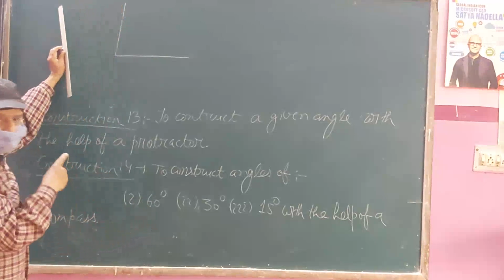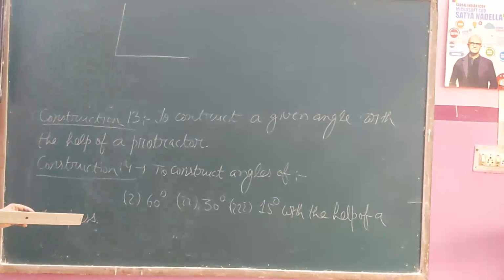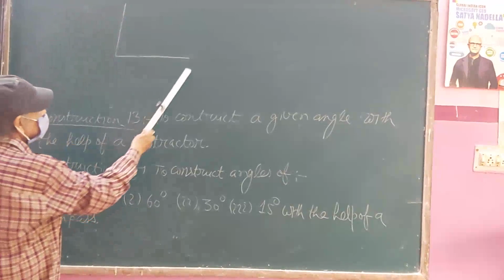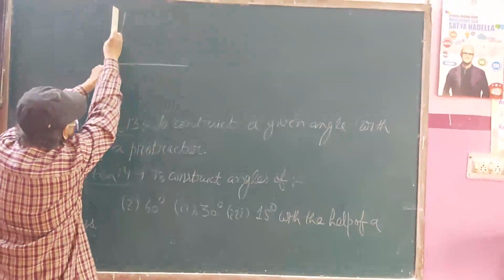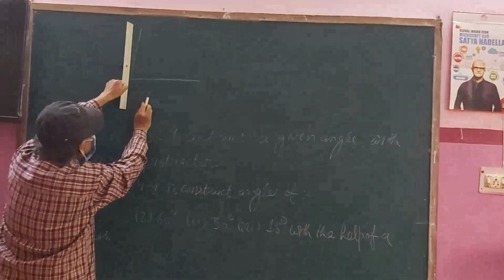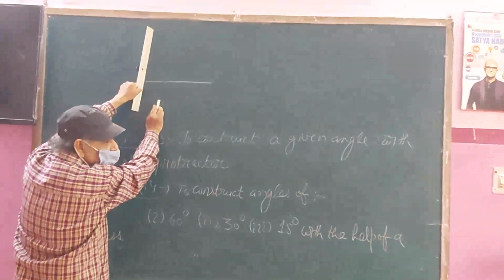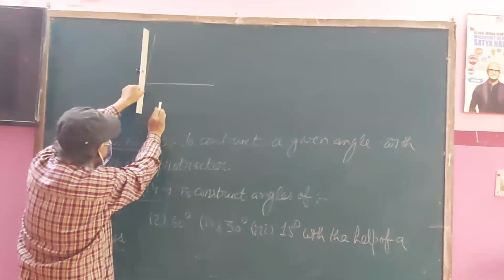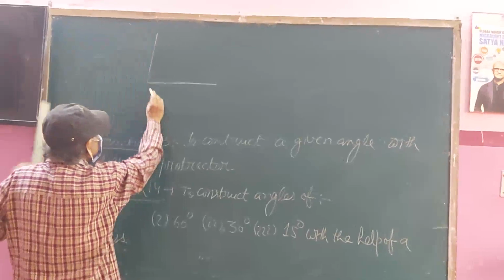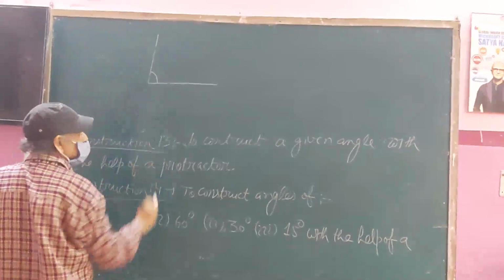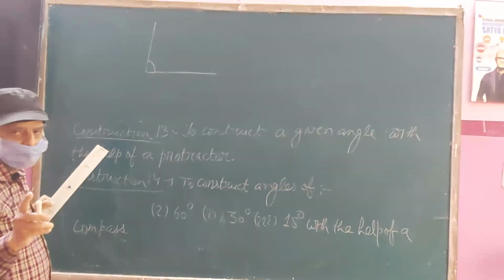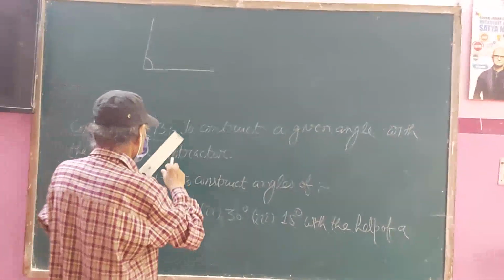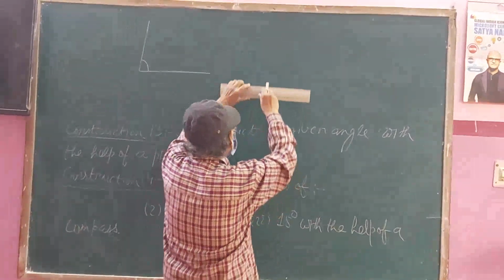Can you tell me, is it acute or obtuse? Yes. If you see, this is your 90 degrees, okay? This is 90 degrees, but this is tilted toward this direction. So, this is an acute angle, okay? So, this angle is acute. First, you have to judge whether it is acute or obtuse. Now, I am making an obtuse angle here.